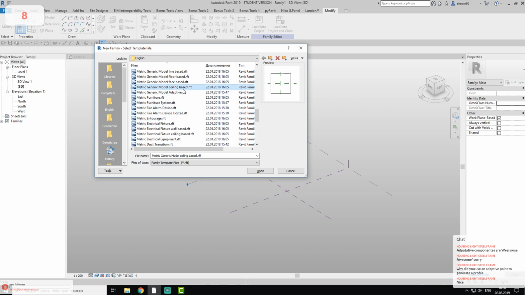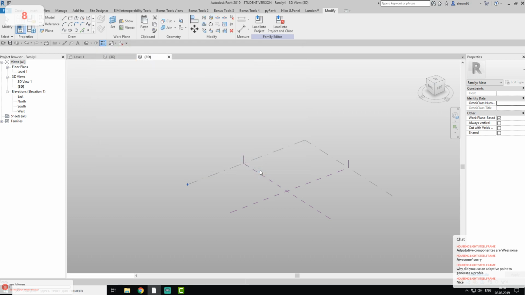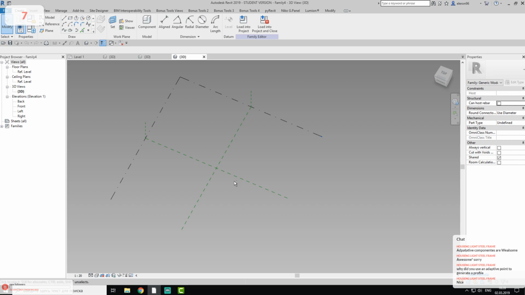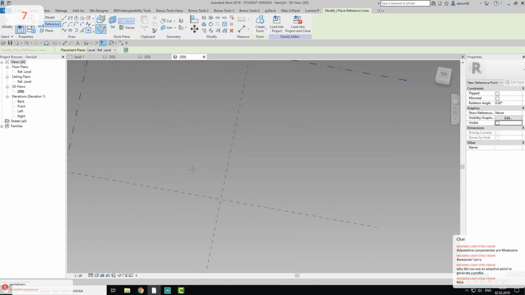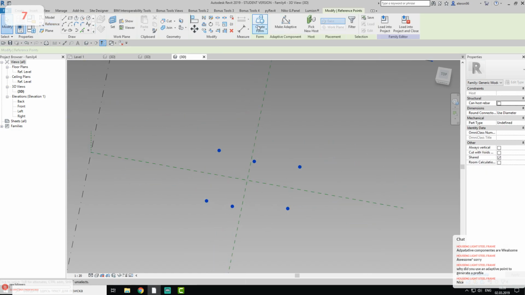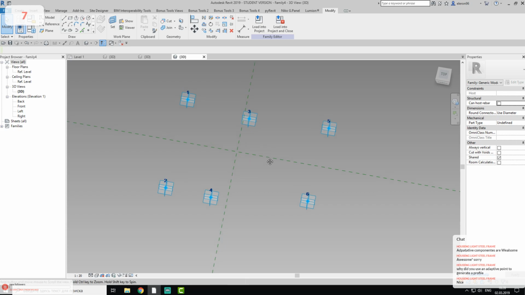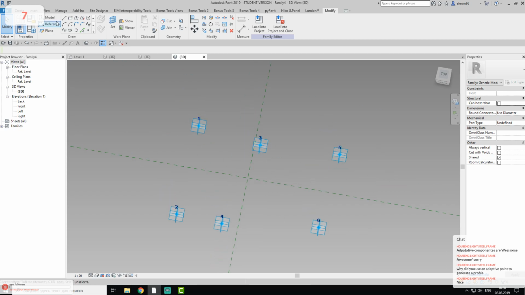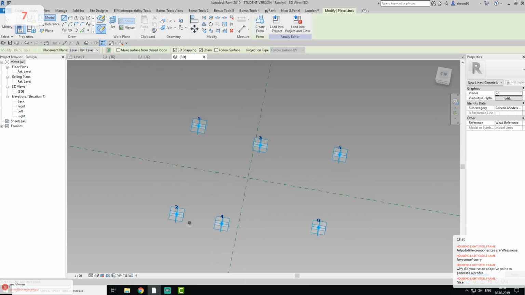Where is this? This adaptive here. Let's go to the adaptive. So this is my adaptive thing. I'll do the fast one thing more. 1, 2, 3, 4, 5, 6. And like this. 1, 2, 3, 4, 5, 6. Okay. And let's make it